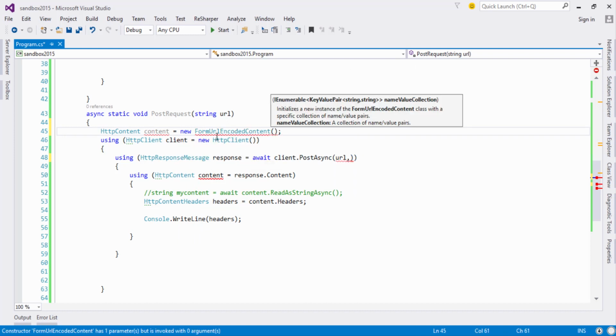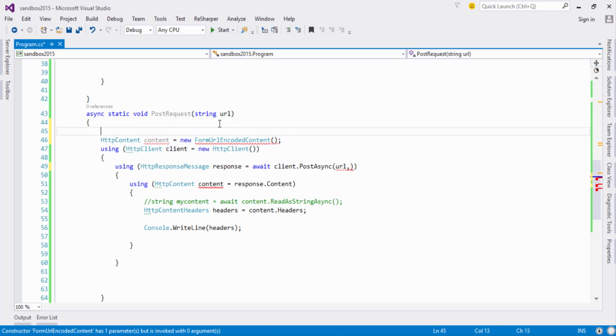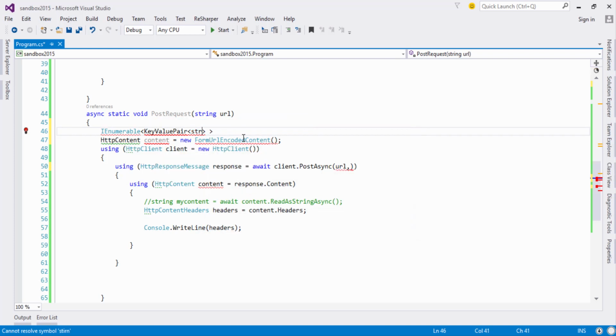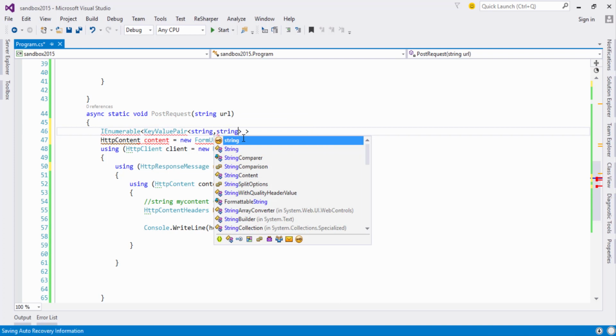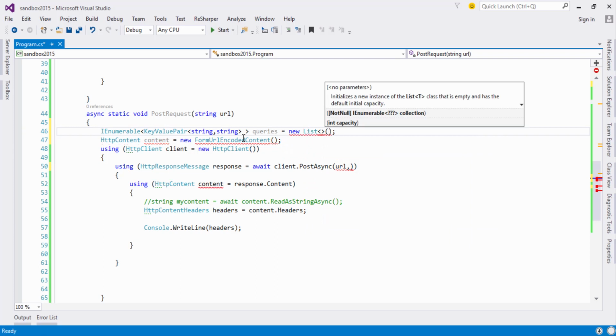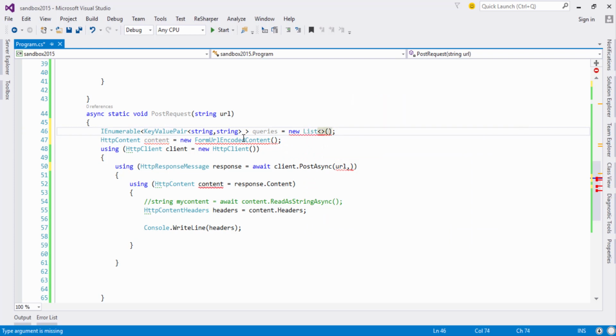But since this form URL encoded content requires key value pairs, and this must be enumerable, so I will create key value pair, and these will be my, I will call it queries, and I will just create a new list for self. This will be basically key value pair also,